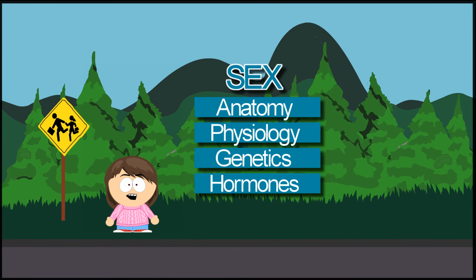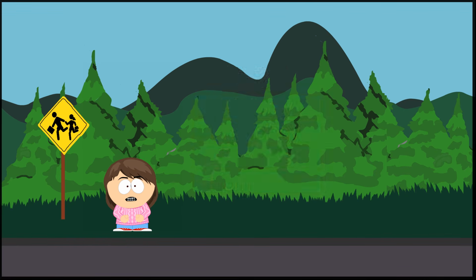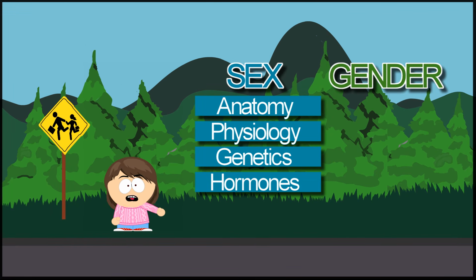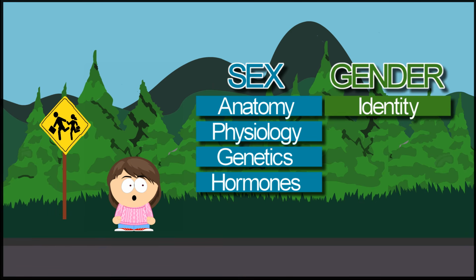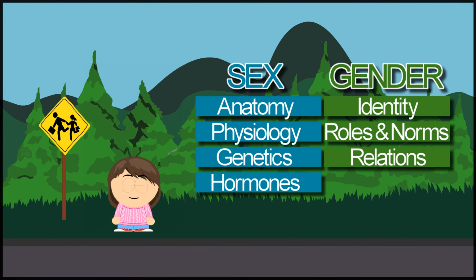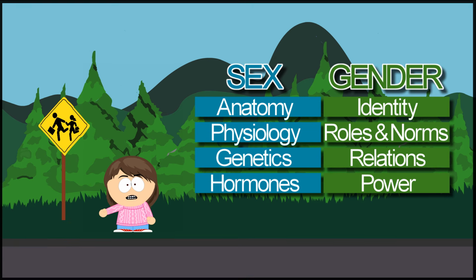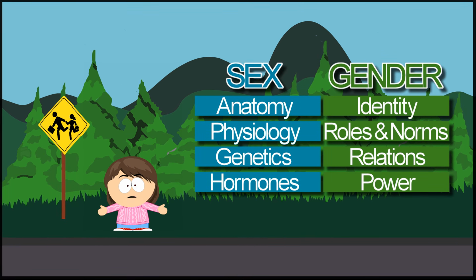These components are sometimes referred to as sex traits. On the other hand, gender can be broadly defined as a multidimensional construct that encompasses gender identity and expression, as well as social and cultural expectations about status, characteristics, and behavior, as they are associated with certain sex traits. Understandings of gender vary throughout historical and cultural contexts.